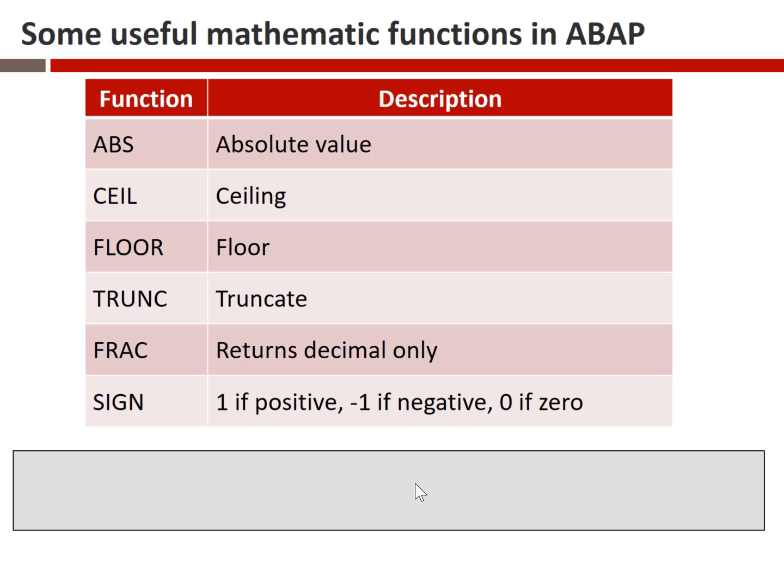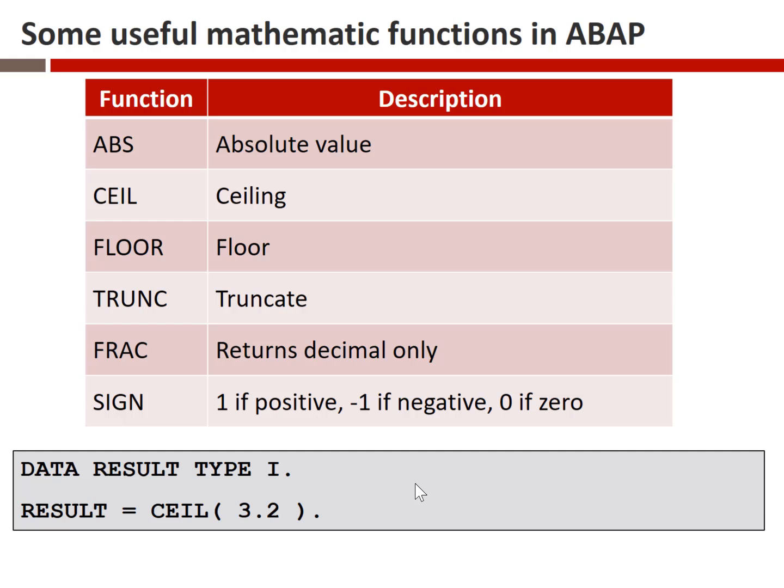There are a lot of functions in ABAP that are mathematical functions. I put some here in case we wind up ever wanting to use these in a program in the future. These are not in any way exhaustive. These are just common ones. ABS for absolute value, ceil for ceiling, floor for floor, trunc for truncate, frac for just give me the decimal portion of the fraction, sign is going to be 1 if the number is positive, -1 if it's negative, or 0 if 0. And the reason why I'm showing you this is to show you, once again, how we space